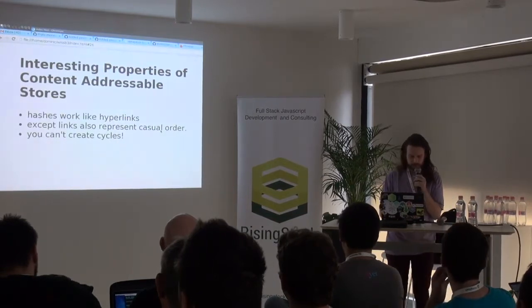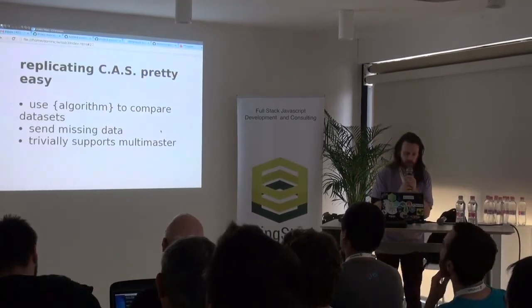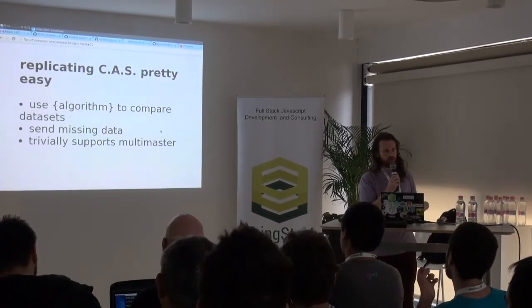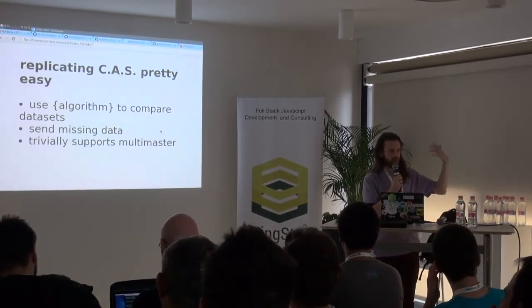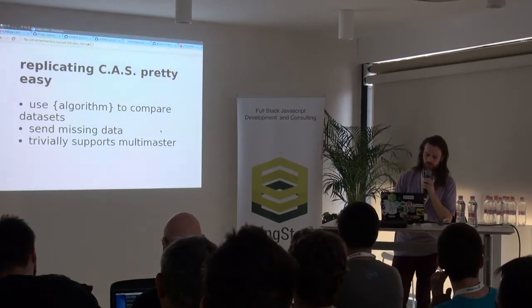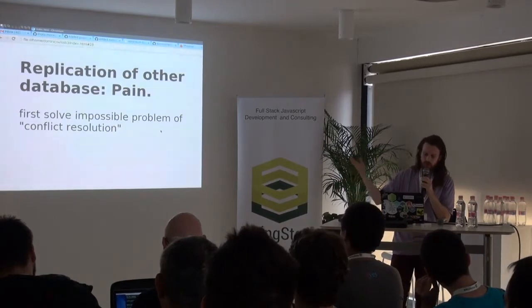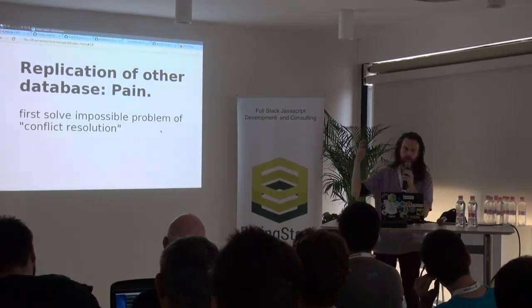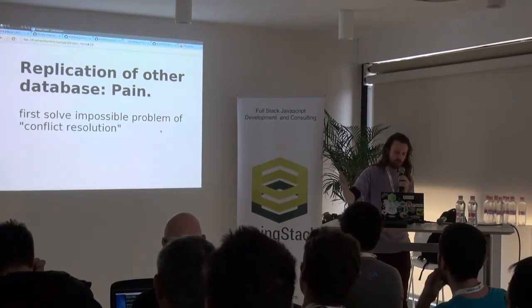It makes things easier. So replicating a content addressable store is also really easy. Basically, we just need to find out what hashes each side is missing, and then just send the missing data. And because we can never overwrite anything, we never need to worry. We can write to multiple databases and just merge them together. We never need to worry about the problem that afflicts every other database that claims to have multi-master replication, which